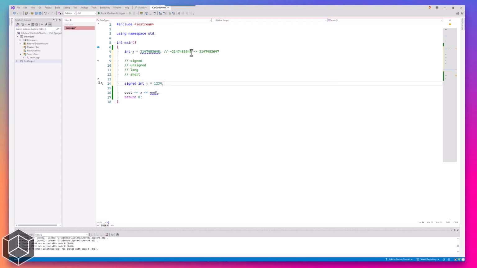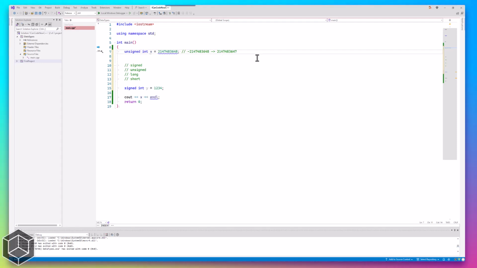So in our scenario, in order to store this value in this x variable, we can make it unsigned, because our value is positive and we want to store a positive value, so we don't need this negative range, and we can use this negative range as a positive range, increasing our positive range, so we can store larger positive values. Otherwise we can increase the memory of this integer by using this long modifier, so that it takes more space in memory, and we can successfully store this large value in